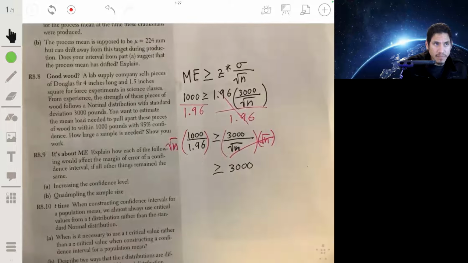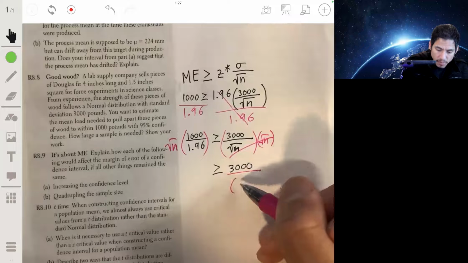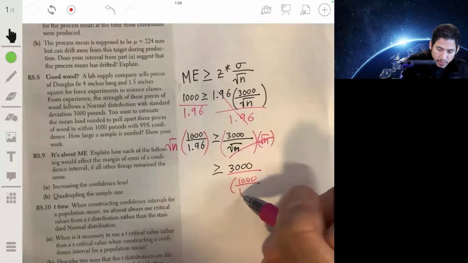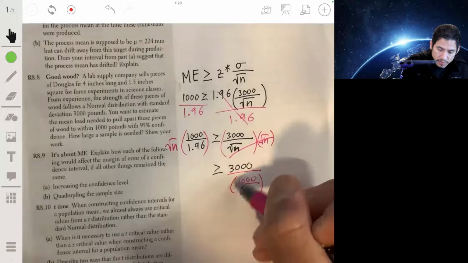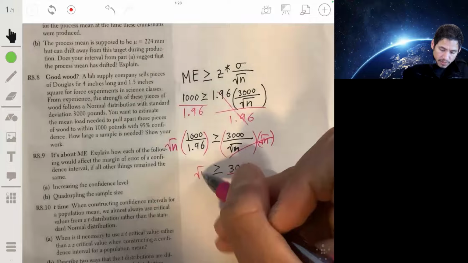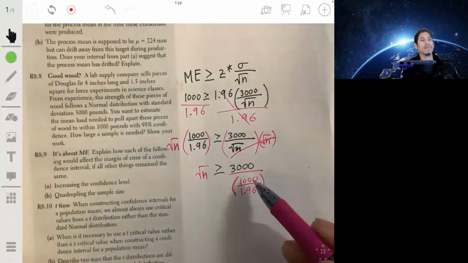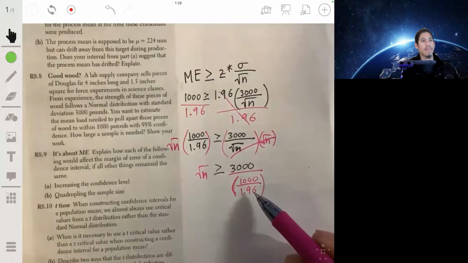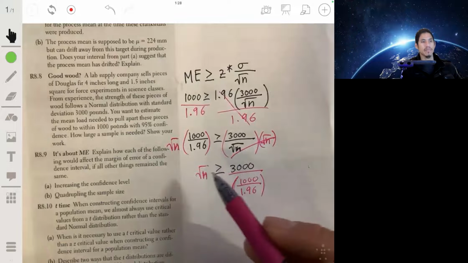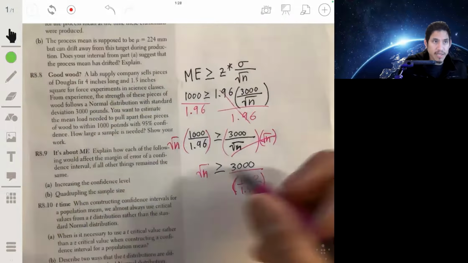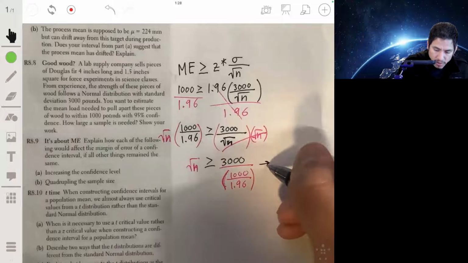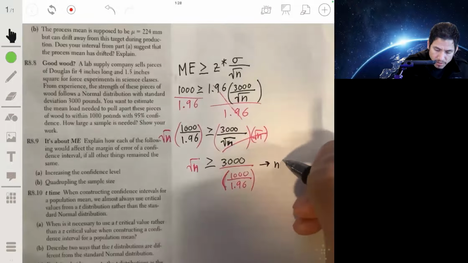So you're going to divide each side by the 1,000 over 1.96. So we have the square root of n is greater than or equal to 3,000 over 1,000 over 1.96. Then you square both sides, and you'll get that n is greater than or equal to